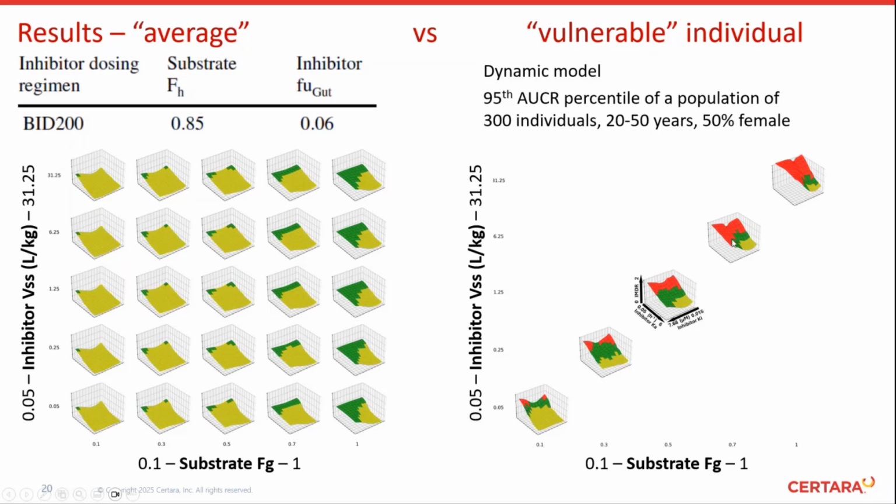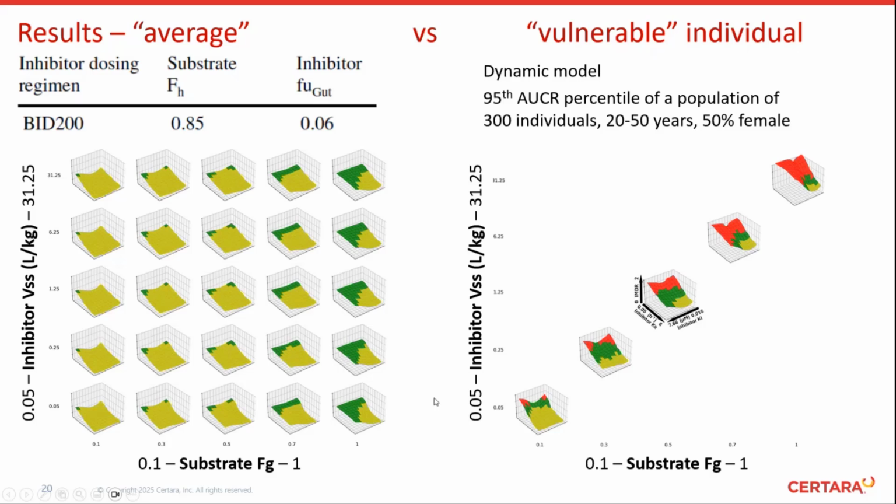There we see actually several cases where the dynamic simulation and the vulnerable individual, the DDI risk is predicted to be substantially higher than for the average individual in the dynamic simulation, but also with the static